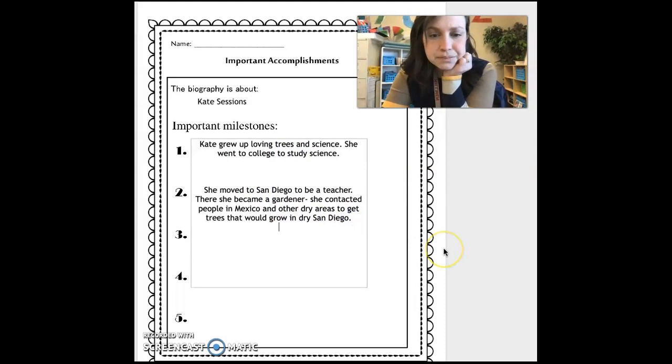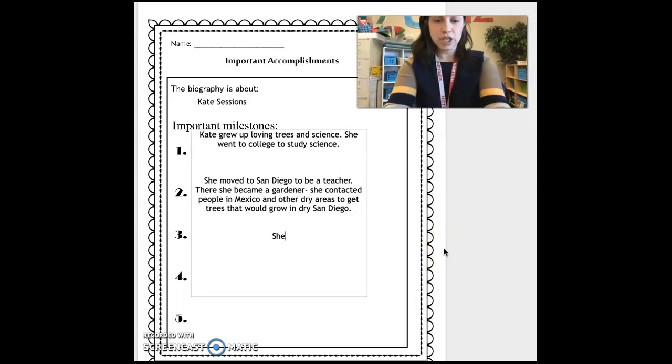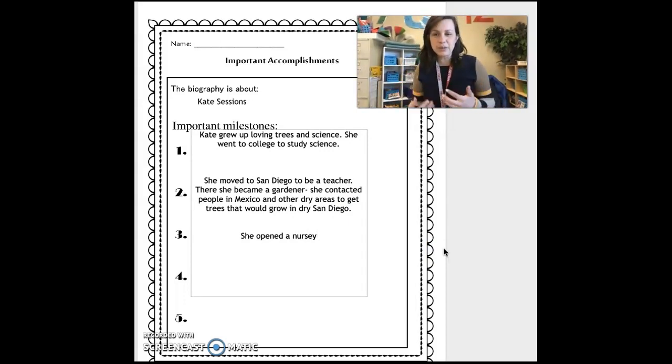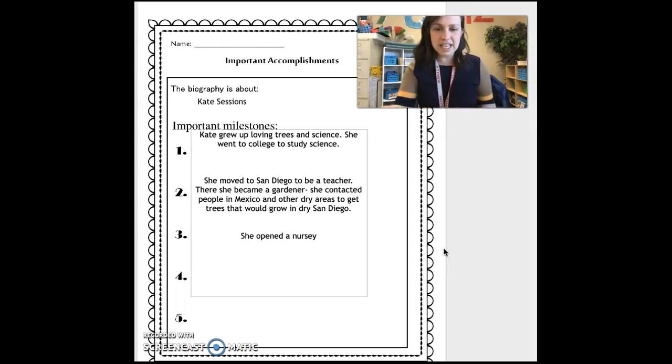Okay, so what else was important here? She opened a nursery. A nursery is like a little mini garden where you can buy trees that are growing so that you can plant them in your own yard. She's taking care of those trees. Nursery. I spelled that wrong. Nursery.